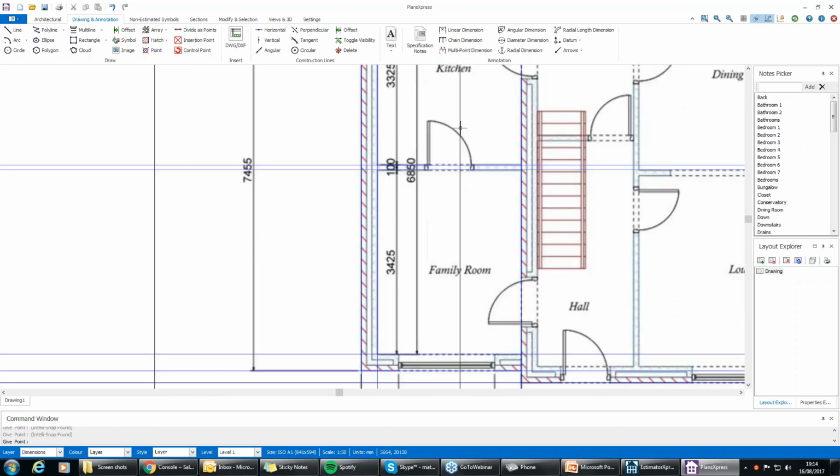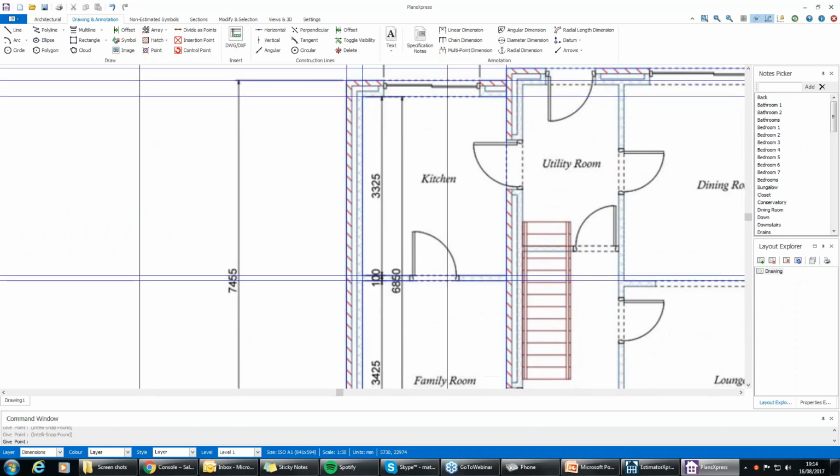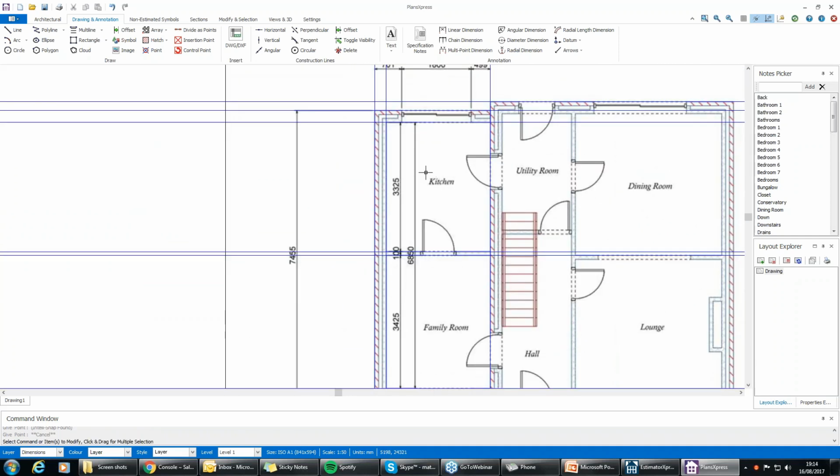Just pop those lines in, and that makes my day a whole lot easier. All right, now what I'm going to do is put that first wall in place, and I'm going to make sure that it's set as non-estimated. Okay, so what I can do is generate any wall that I want by just going into